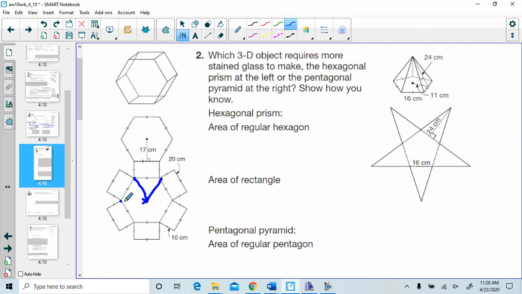So one there, there, and over. Okay, so 6 of them. And then each of those is going to have a base, and this time you can see that that base